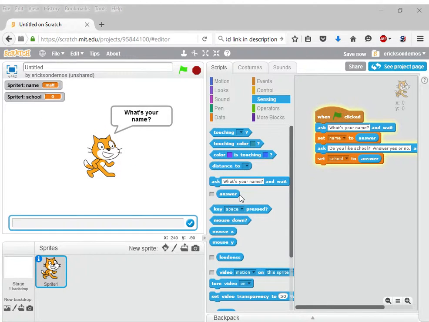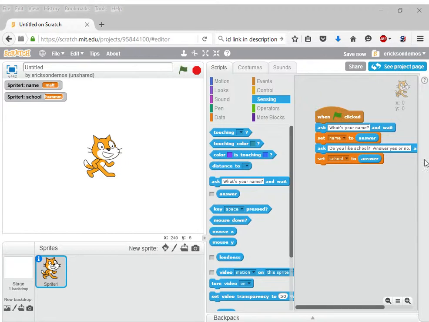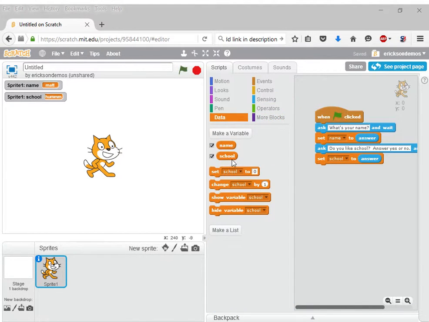So what is your name? We can say Matt. Do you like school? Answer yes or no. So now if we look at our data, you can see the name is Matt and school is